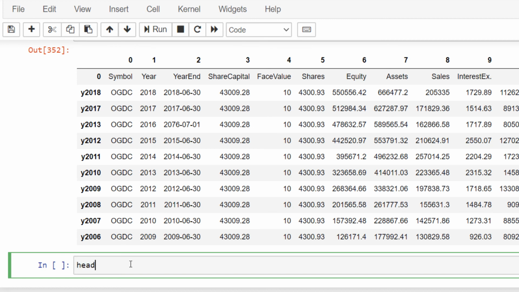So let's create a variable, call it head, and write the name of the data frame, then use the iloc method, and we are getting the first row out of it.